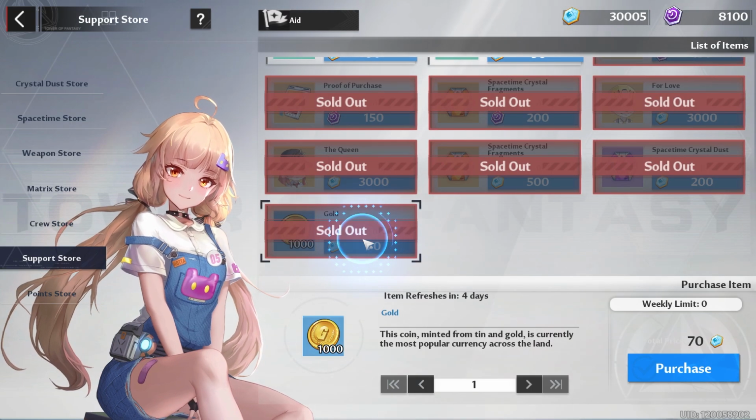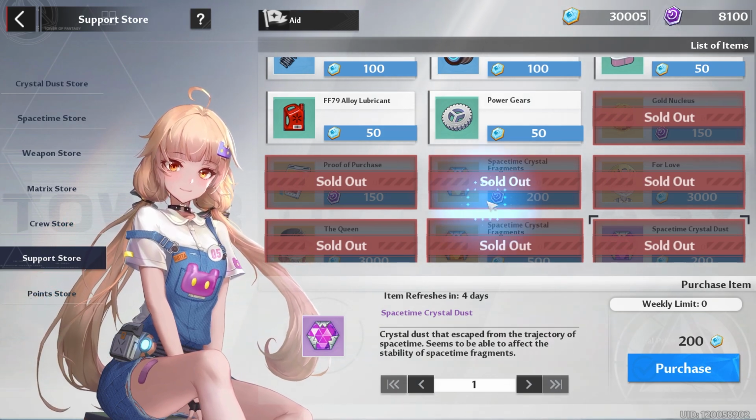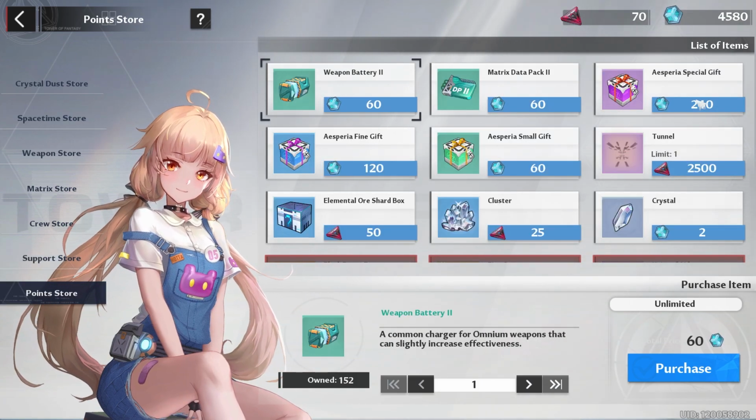Support store, you want to buy your gold, your Space Time Crystal Fragments, and your Space Time Crystal Dust. And if you have return support points, then you can buy your Space Time Crystal Fragments, your proof of purchase, and your gold nucleus. And if you need help on how to do that, I got a guide on my channel. Point store, now the only thing that you should be buying with your points are spare special gifts,